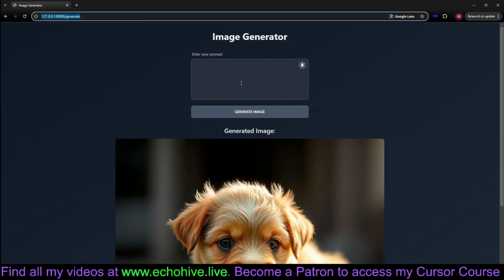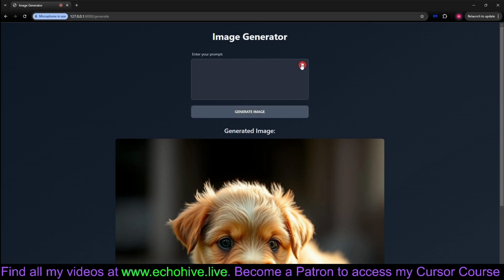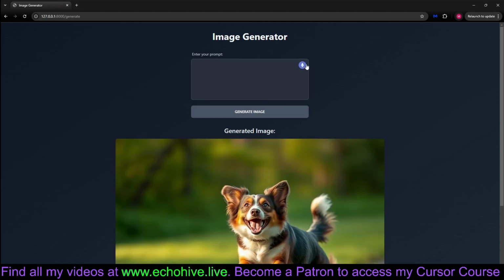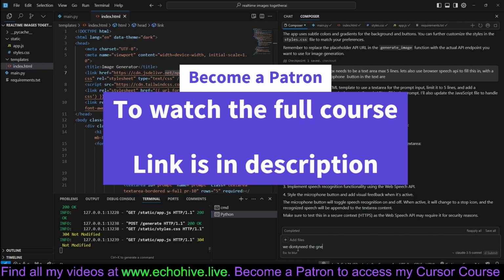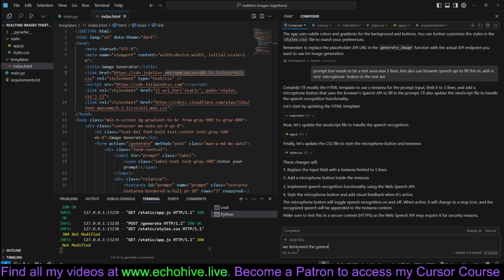Continue. Here we go. Generate image. A dog that is flying. Generate image. Perfect. Let's say a dog that is flying can be modified. Okay, we can modify it. So we don't want this button. So we should say we don't need the generate button. We want to generate an image after, let's say, 1 second of